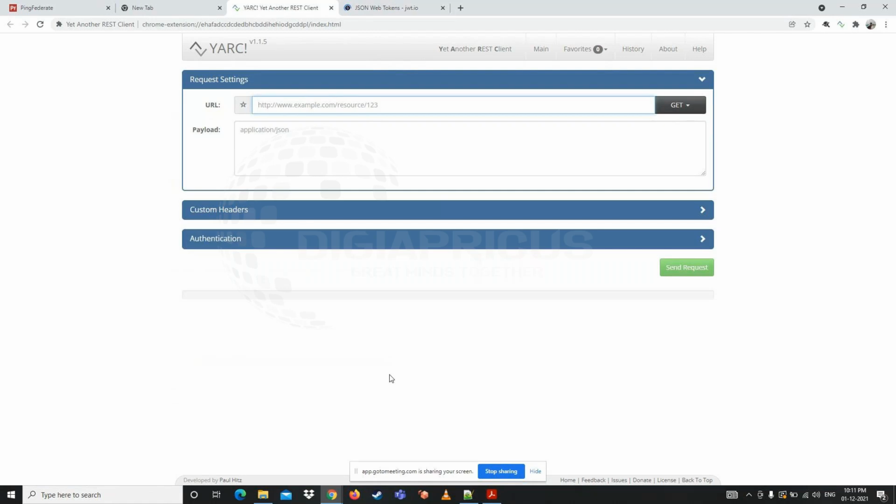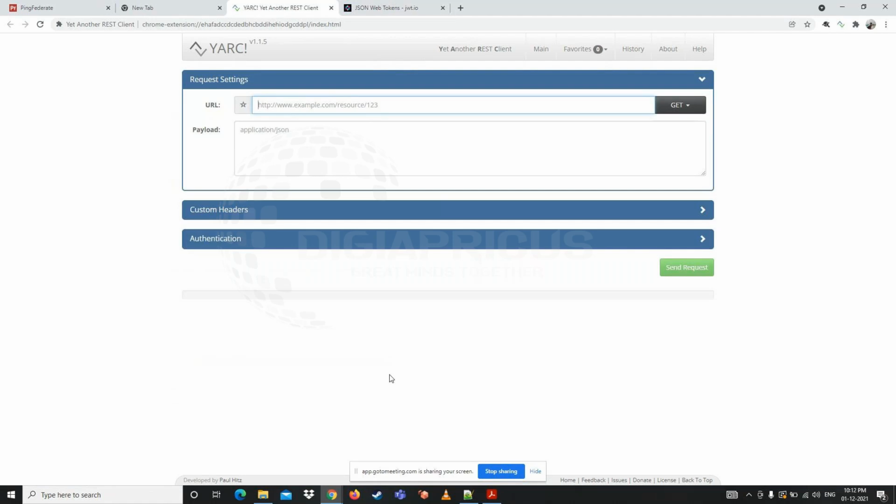Is there a third API to use to get the user info? That is also validating the access token, but by getting the attributes. Okay, so this is the three-step process which we have used for the authorization code grant type. So today, we are going to see other grant types, and